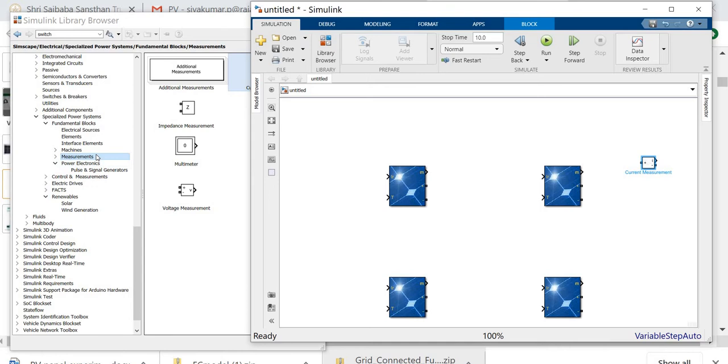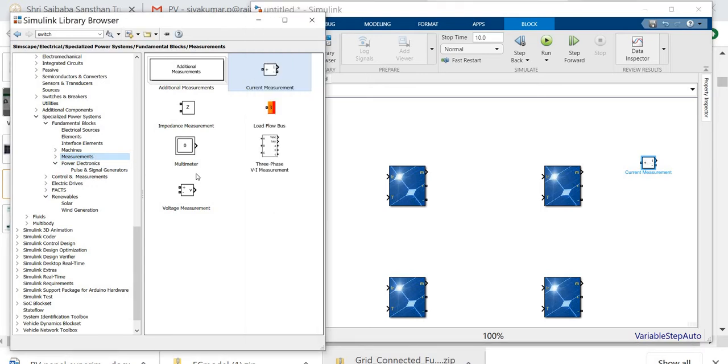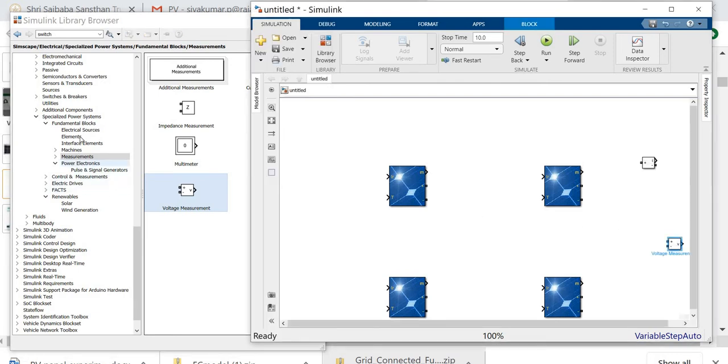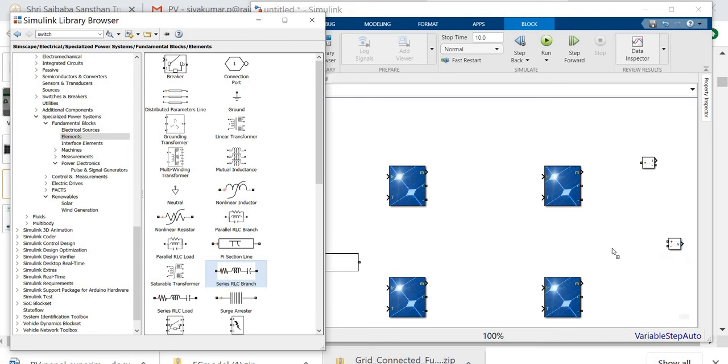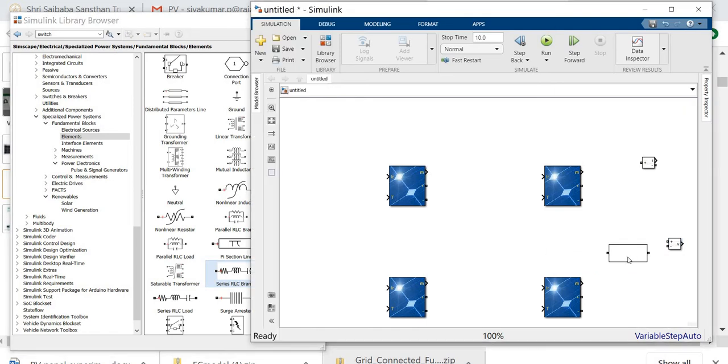Next is the measurement of voltage using the voltmeter. In the elements section, we are going to connect the load, which means the RLC series branch. So this is the RLC series branch. I am going to drag and drop it.